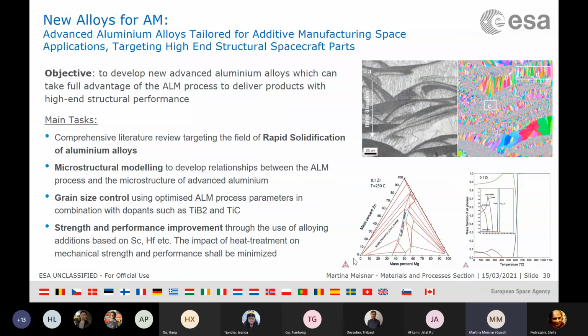So I'm sure a few people in your department do modeling, and modeling is something I'm really not an expert with. But we recently had new additions to our team of people that do modeling. And in this particular case, we're trying to find new alloys for additive manufacturing. So if you take the example of aluminium silicon 10 magnesium, which is the most commonly used aluminium alloy for additive manufacturing, it's actually, I think it was